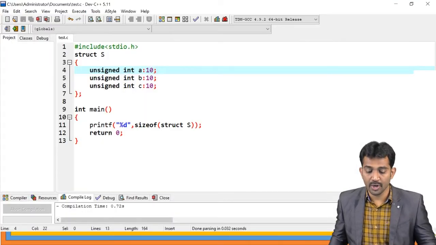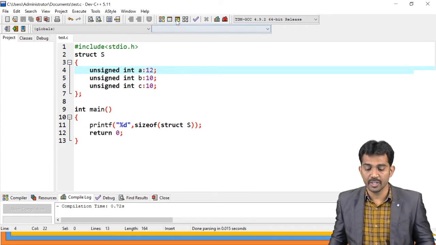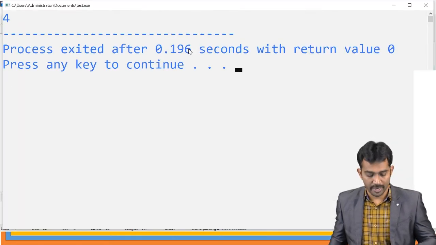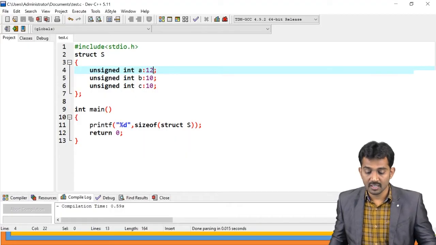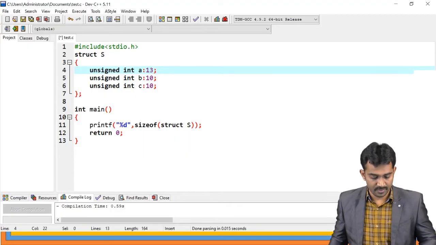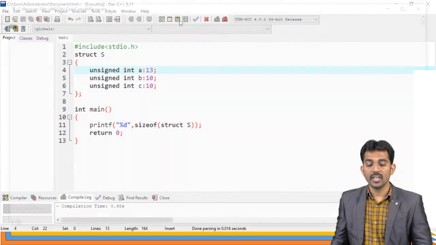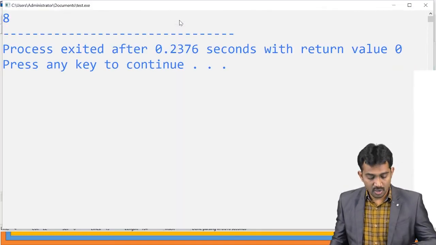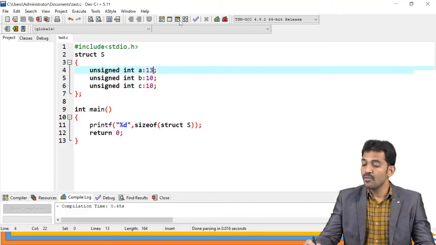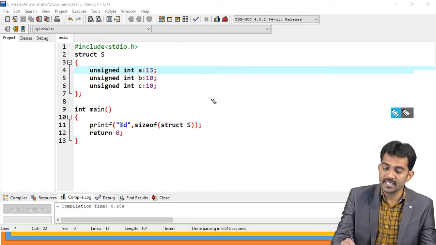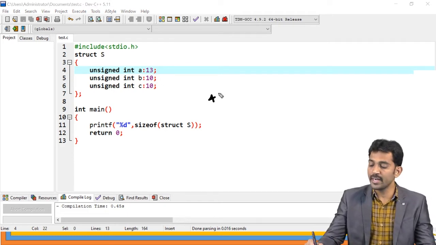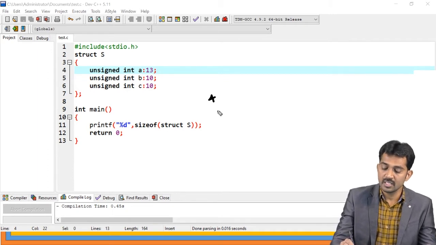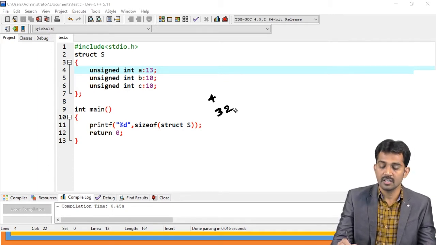For example, if you allocate 2 bytes, now see what output it is going to give: 4 bytes. If you allocate 33 bits, what does it mean? Generally you know that 4 bytes means 32 bits, right?